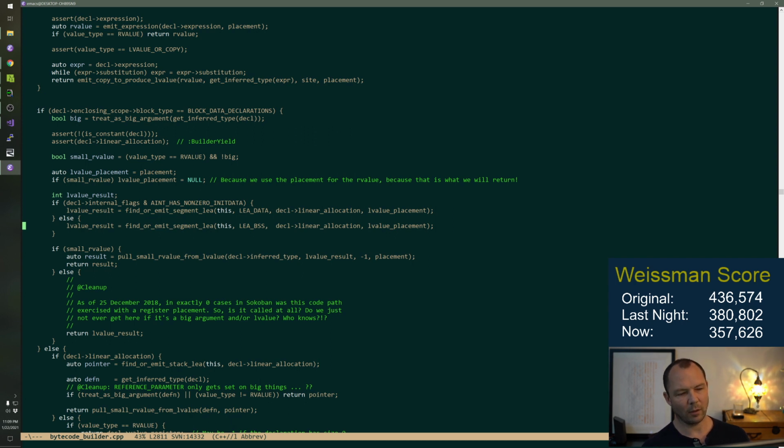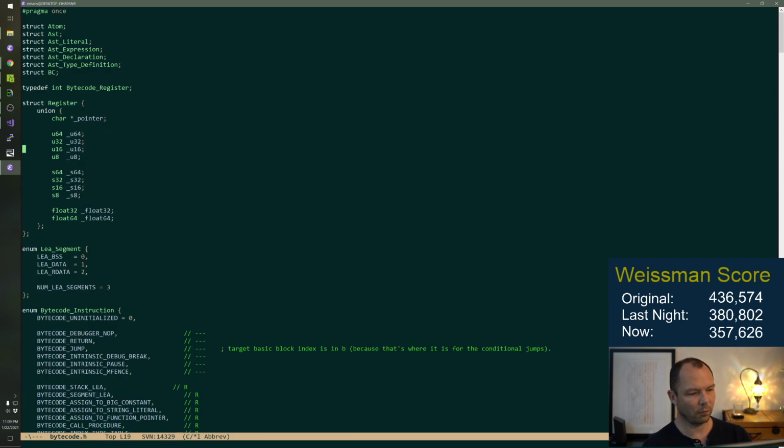Okay, we're going to make a segment move command in the bytecode, and we're going to see if we can finish it.